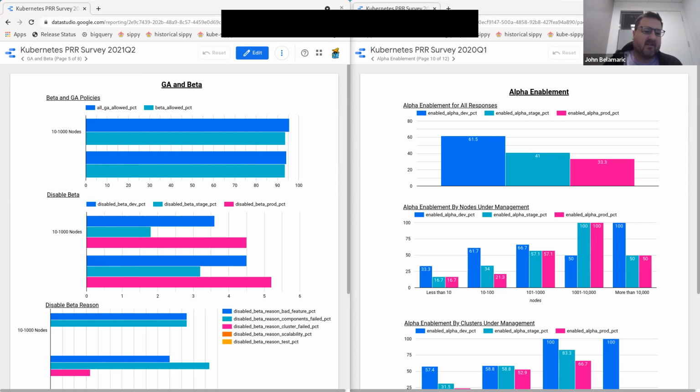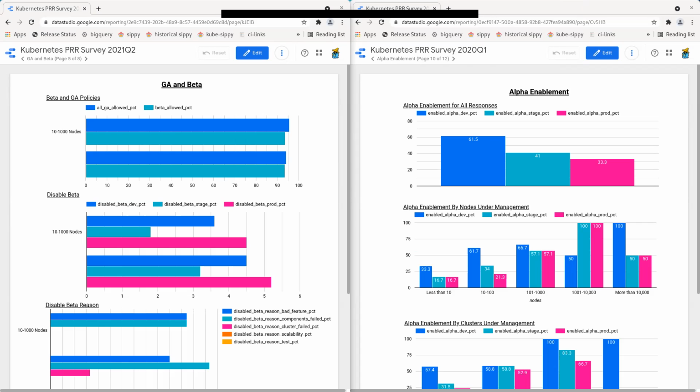Thanks, David. And was the question in the survey only about APIs or also about features? It was also about features. The KEP is constrained to APIs. So it's possible right now to turn on a feature gate, or a beta feature will be on, and that may not cause any churn in the cluster. If you turn on a feature gate, there's no guarantee that you're going to have to change something. But if you're using an API, there's a guarantee that you're going to have to change a manifest on disk in order to continue leveraging it.